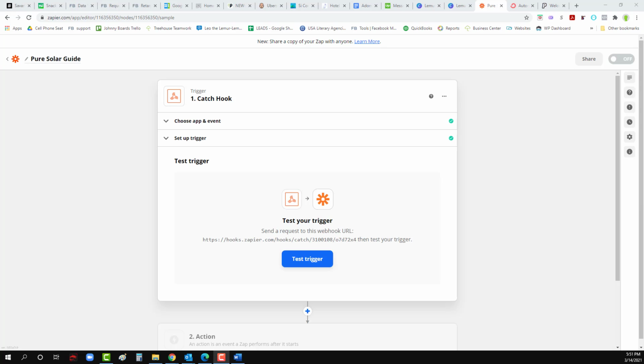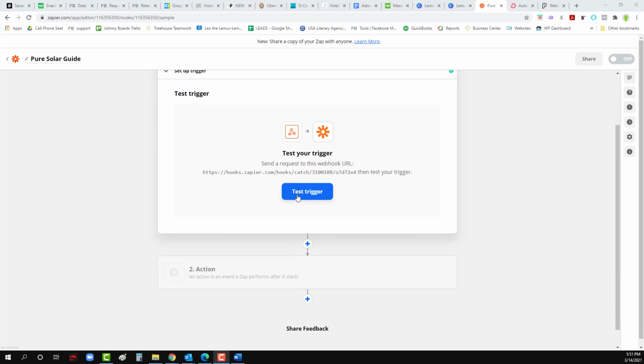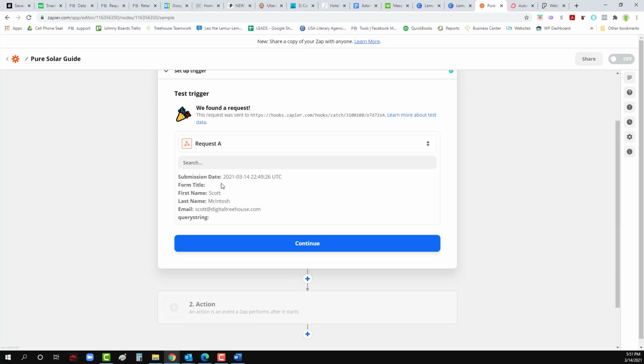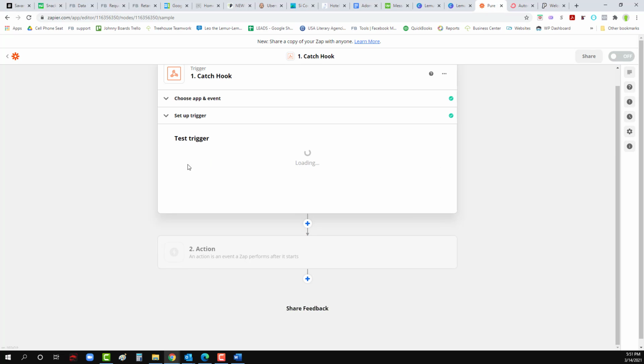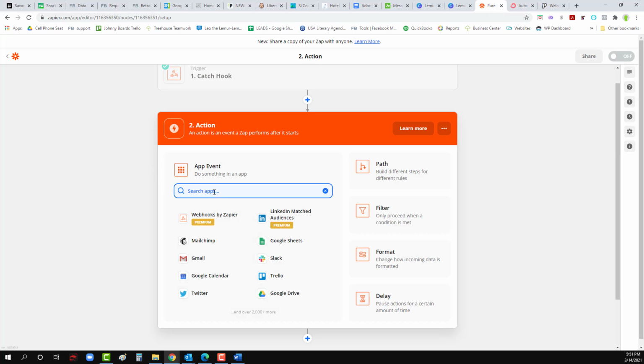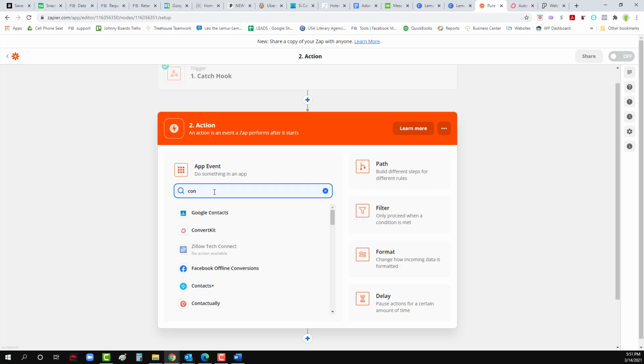Okay, we've tested our trigger, or we've tested the form. We sent another edit to the developer that we noticed a small glitch where the pop-up was popping up on the actual page that they would download that lead magnet on, so we got rid of that. Now I'm going to test the trigger. So there, you can see that Zapier received the information because we put the webhook in the form field, in the integration field, and it's got my information. So now I can continue. Now I can do anything I want with this information. So what I want to do is,